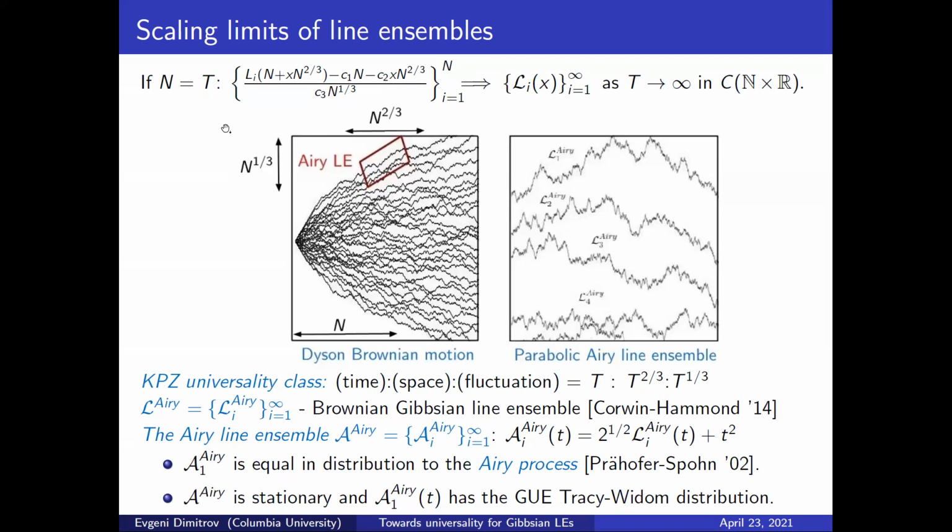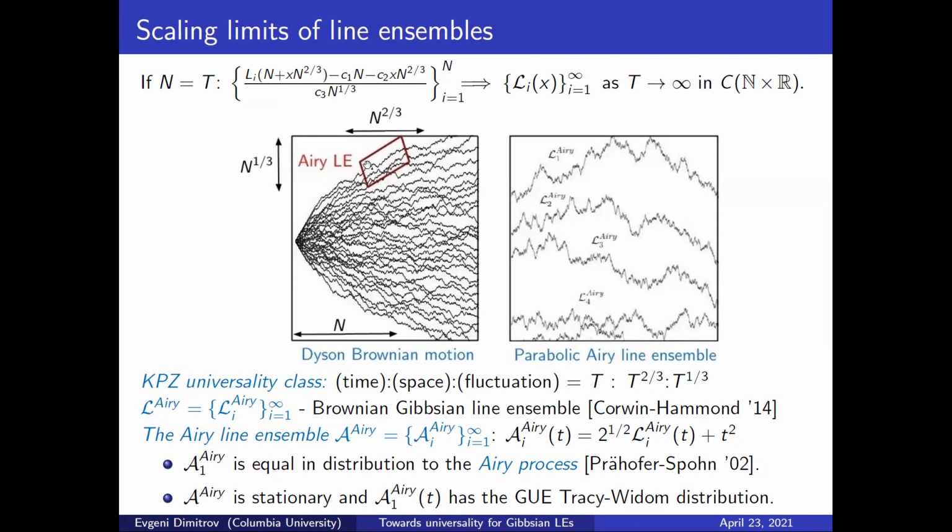And to understand what is happening, I'm going to focus on a particular model, that is Dyson-Brownian motion. So Dyson-Brownian motion is just a collection of n Brownian motions that are all started from the origin and are conditioned to never cross each other for all positive time. So I'm going to start Dyson-Brownian motion with n Brownian motions, and then I'm going to look at a time horizon n. And I'm interested in what is happening, or how do I need to scale the edge of this line ensemble to get a non-trivial limit.